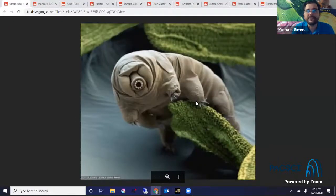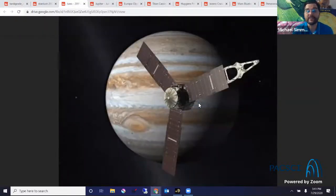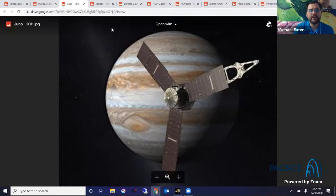Oh, this is Juno. Juno is a space probe that we sent to Jupiter in 2011. It's exploring its magnetic field, its atmosphere, and its core. And that's because we're curious if the magnetic field could protect Jupiter and any life that's around it, maybe on its moons, from the sun. And there's other things that this giant probe is going to do as it goes to the planets. But just to give you an image of how good this probe is,